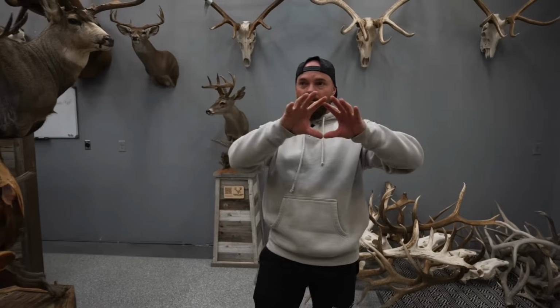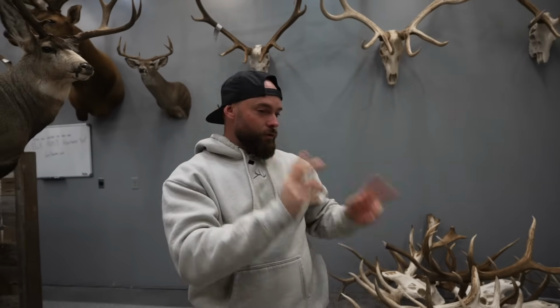I'm going to take down the shed wall of fame shed sliders. I'm going to take those to the expo. You'll get to see some of my best sets. And then two of the bulls that I got this year, there's not enough time to shoulder mount them. There was just enough time to boil them and get them clean so I can take them to the Hunt